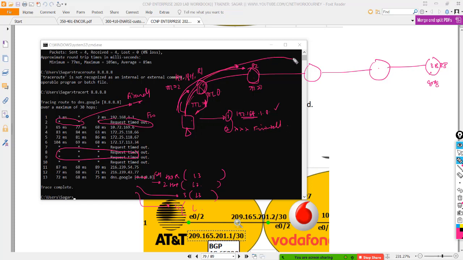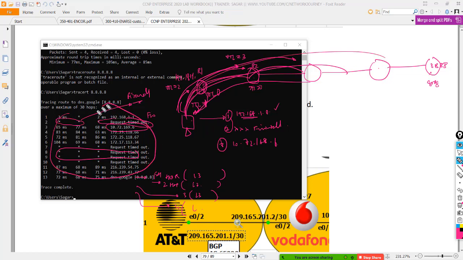Now I will send another packet with TTL 3, time to live 3. It will hit first, second and third, and get expired. It's gonna send its information, and I'm going to get this IP, 10.72.169.6. I'm going to send one more, incremented, and so on. So you see, after a couple of TTLs, I finally reached my destination 8.8.8.8, and every router on my path was giving its information. This is the back end of your traceroute command. So this is what happens.